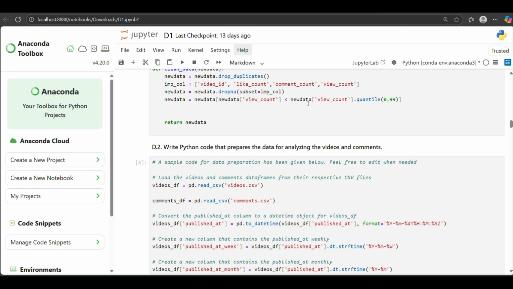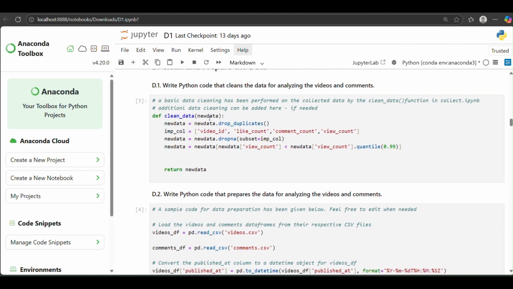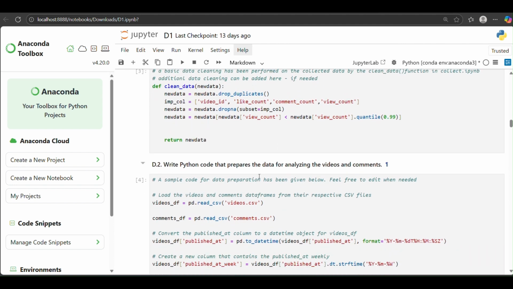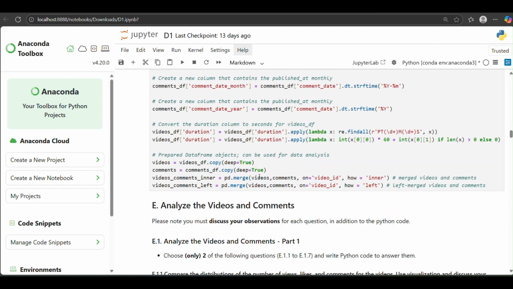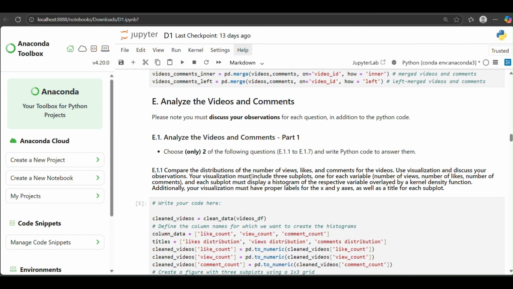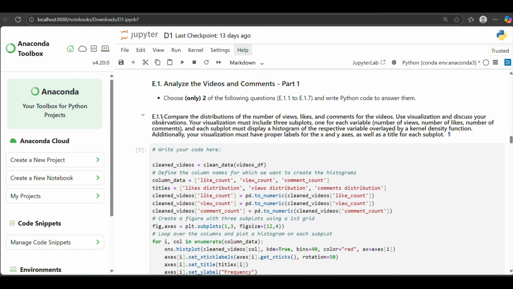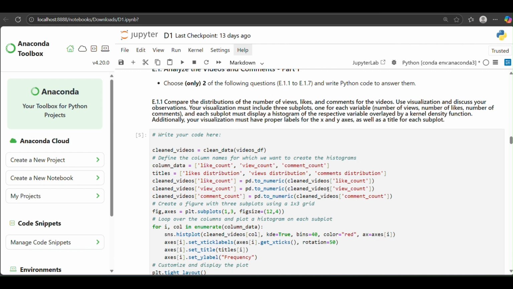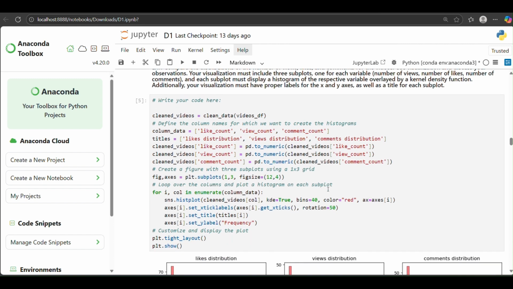In my first question, I have to compare the distribution of the number of views, likes and comments for the videos, and I have to use visualization and discuss the observations. For the visualization, I must include 3 subplots. For this, first of all, I used my custom function which I created earlier to clean the video_df,